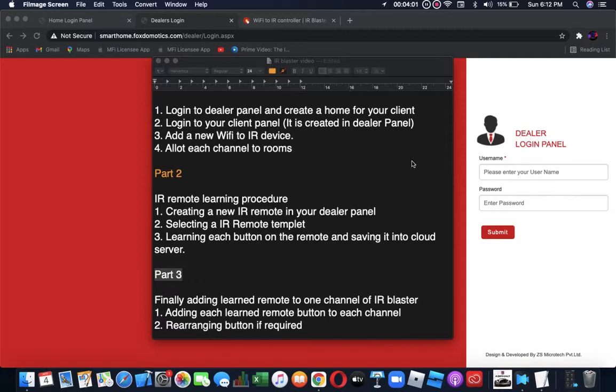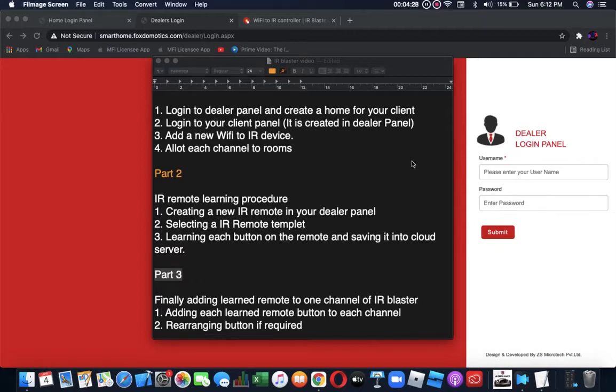If you don't want these and want something custom, that is also possible, but that has to be requested, and later on it will be added as a template to your panel. Today we are going to look at how to add a template.